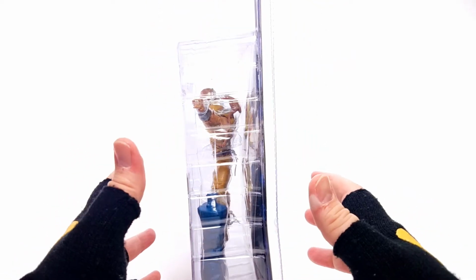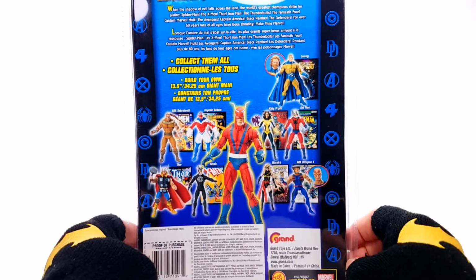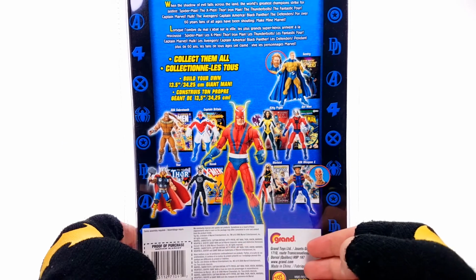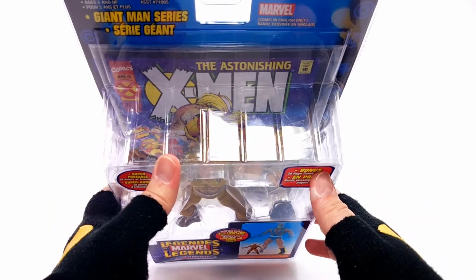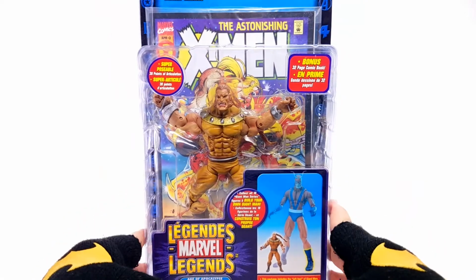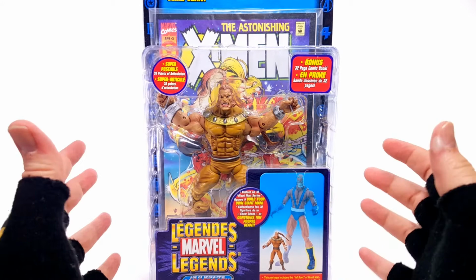You flip it around here to the side, there's not much because these are, as you call, the bubble pack or the blister pack. Not much to see there. You come around to the back, you get a fun little read-up, which I will make sure to get where you guys can pause and read it. Same thing with the figures from the wave, and then you get all the legal mumbo-jumbo here, which, who cares? And then you come around here to the top, which is kind of hard to see, but you see where it says Giant Man Series and all that good stuff. On the bottom, nothing more. So, without further ado, now that we've had the fancy walk around the box, let's get Victor Creed out of his box